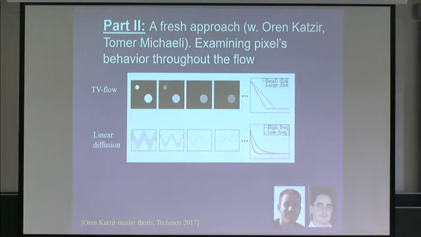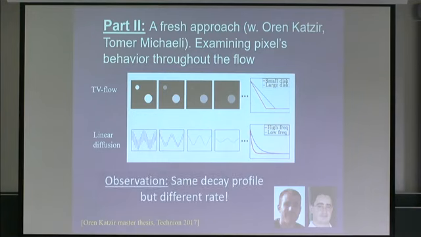Now linear diffusion. We can take each sine function here, it's linear. We can take each sine function separately and analyze how it goes. Because it's linear, we can then add them, and the response will be similar. So the small sine function decreases fast, the large sine function, the low frequency one, decreases slower in linear diffusion. The thing is that they have basically the same profile here and the same profile here. Here it's a linear profile, here it's an exponential profile. So the observation here, we look at the decay of each pixel, and they have the same profile but